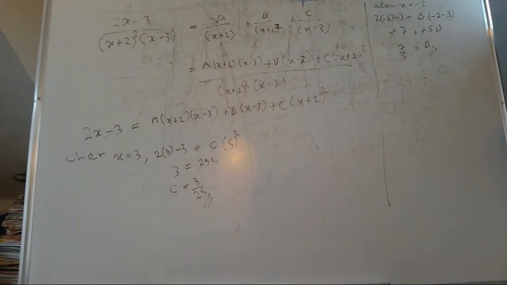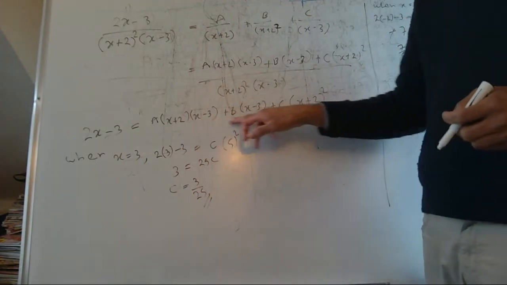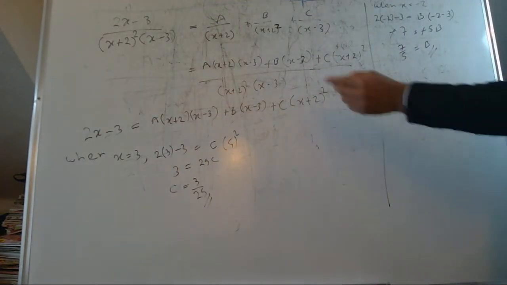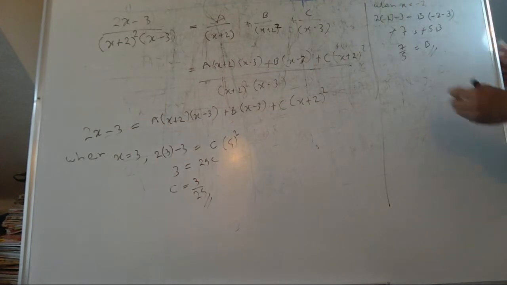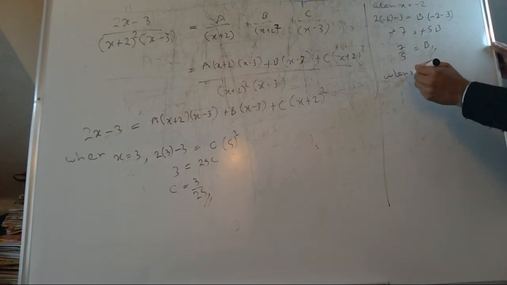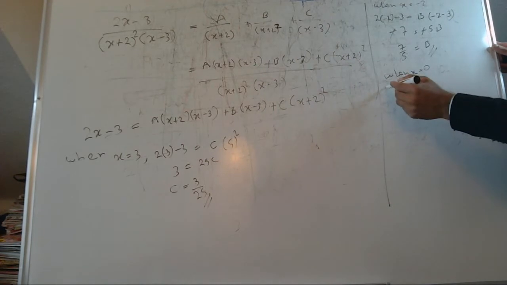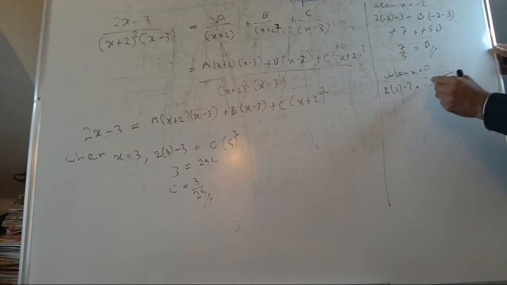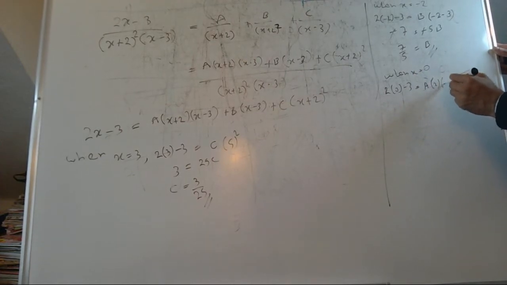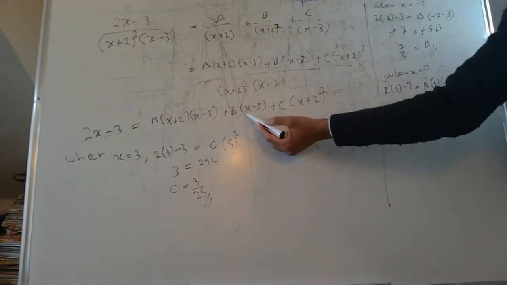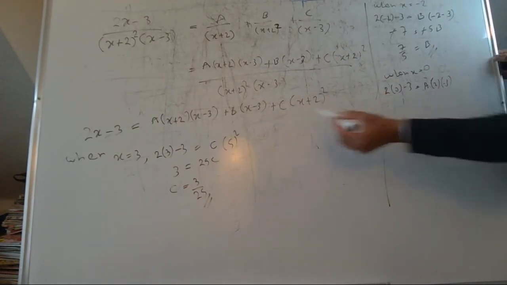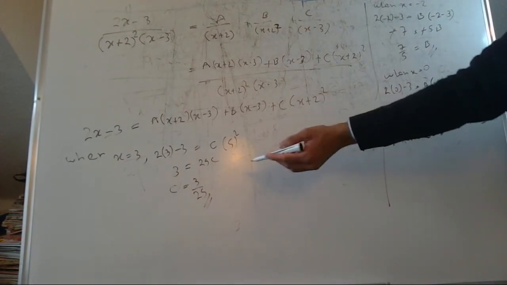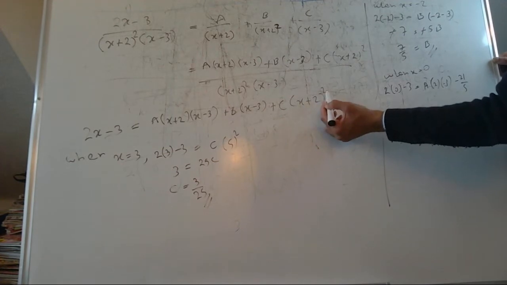Okay, now I cannot use any more substitutions to cancel anything because I already used both possible numbers. So since we already know B and C, we can actually substitute 0. So when x = 0, the left hand side becomes 2 times 0 minus 3. So I don't know A, so it's going to be A times 2 times -3. I know my B is 7/5 times -3, which is -21/5. I know my C, which is 3/25, but here it's going to be 2 squared is 4, 4 times 3 is 12